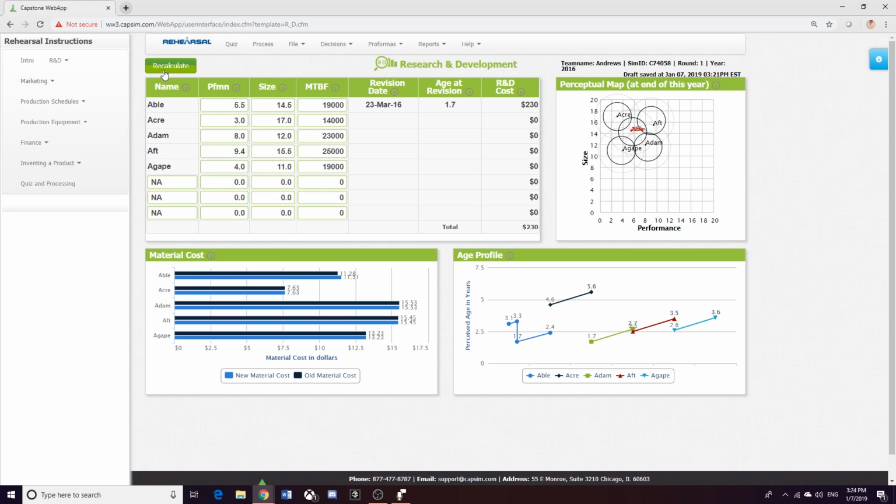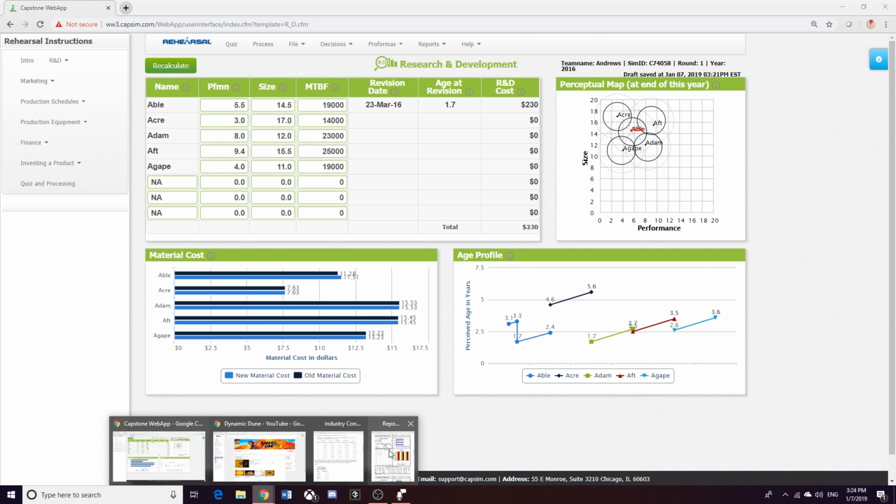It seems that it doesn't want to update it, but I think you all got it right. We don't want to make our product worse, so we don't want to decrease our performance for the traditional. And then we go and look at the size. Okay, we want to fix the size for the traditional, so we go and look, okay, what is the ideal